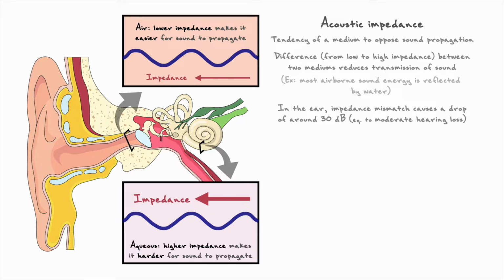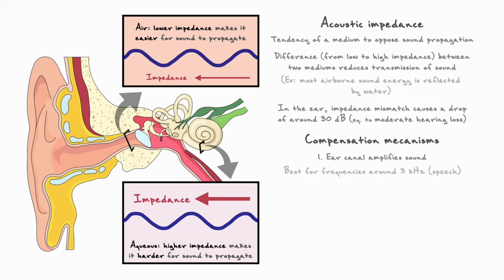Thankfully, our bodies have developed compensation mechanisms to fix this mismatch. First, the ear canal, as we've seen, is a first step that allows amplification of the sound energy as it concentrates the vibration to a small resonant space. This, however, only works for frequencies around 3 kHz, but this is good since this frequency range is mostly associated with speech. The main mechanism to even things out comes from the three ossicles, and they compensate the mismatch in